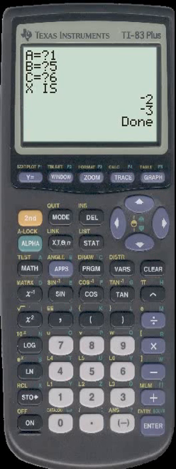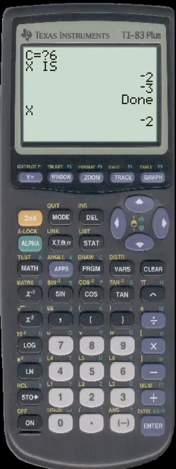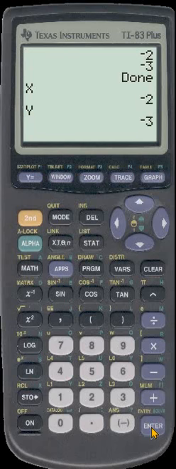There are a few things you have to keep in mind when using this program. First, the variables that we use, which were a, b, c, x, and y, will be overwritten. This means that whatever previous values these variables held will be gone. So currently, after we've ran this test, the variable x holds the value negative 2, and the variable y holds the value negative 3. So when we recall the variable x, it'll return the value negative 2. And when we recall the value y, it returns negative 3.